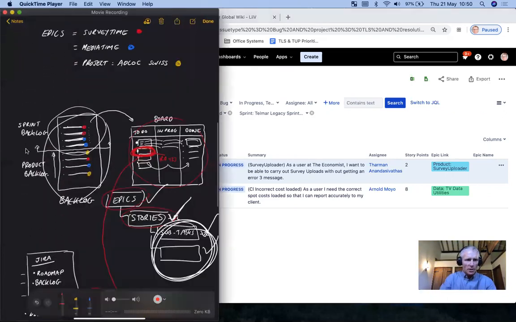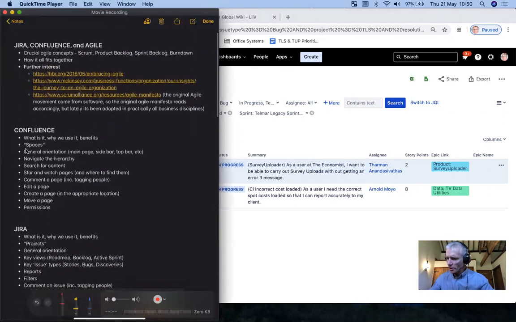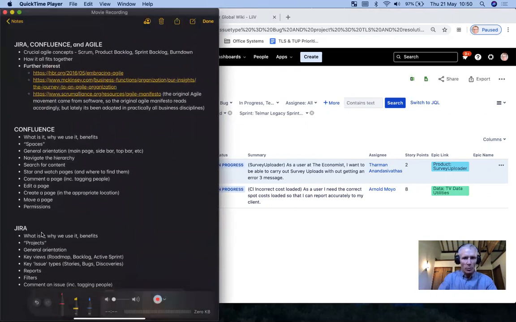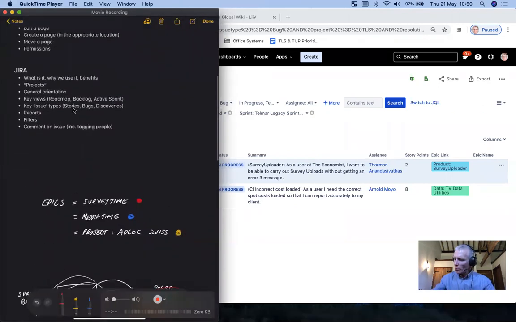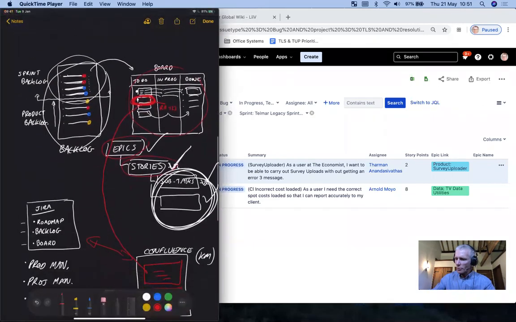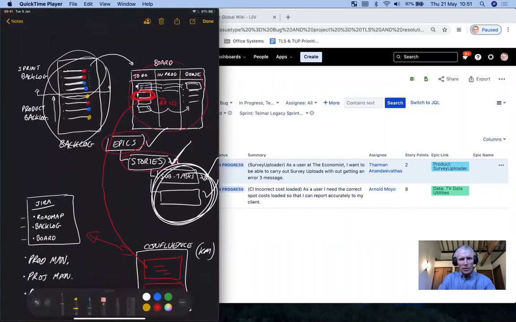Jira. So what we covered here, we started with an agenda that looked like this. I want to tell you about Jira and I want to tell you about Confluence. But as I said, I can't really escape talking about these two until I explain a little bit about Agile. So we did this whole thing here, talking about some of the key principles of Agile. The reason I do that is I can show you Jira and show you what things do, but you need to be able to place those into context to get meaning from them.